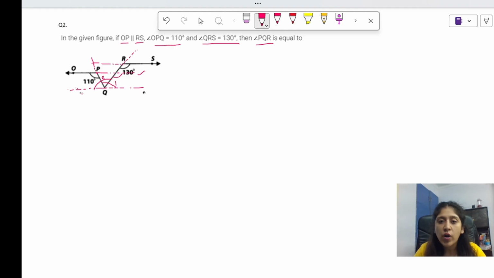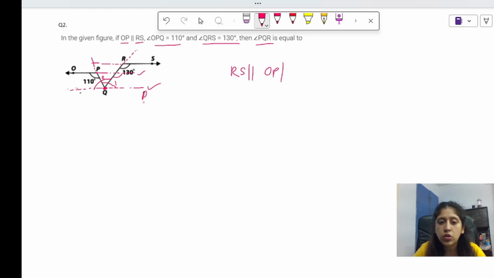So what I've done is I've actually constructed a parallel line passing through Q. I hope the thing is clear. This is the line which I'm talking about. The line passing through Q. That is a parallel line. That line is parallel to the OP extended line and the RS extended line. So what I mean is basically RS parallel to OP parallel to QR